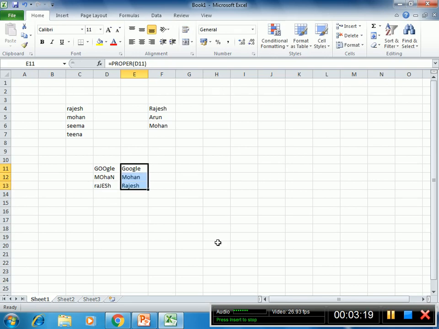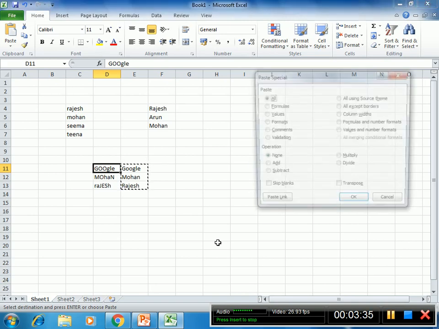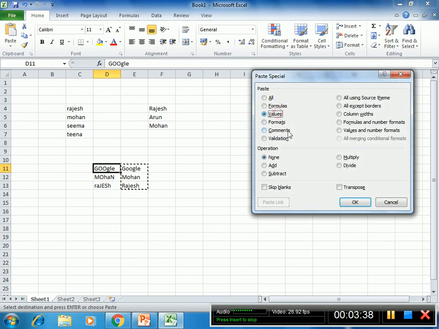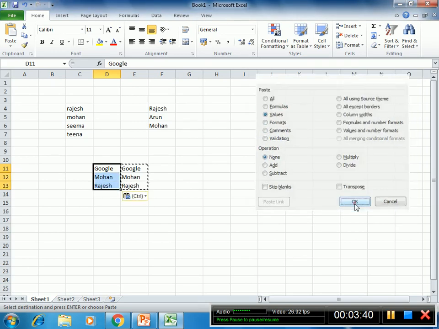And the same thing, you want to apply these names not here, but in the same cell. So first you do copy with Control C, keep the cursor in this cell, and press Control Alt V, go to the Values option, and click on the OK button.